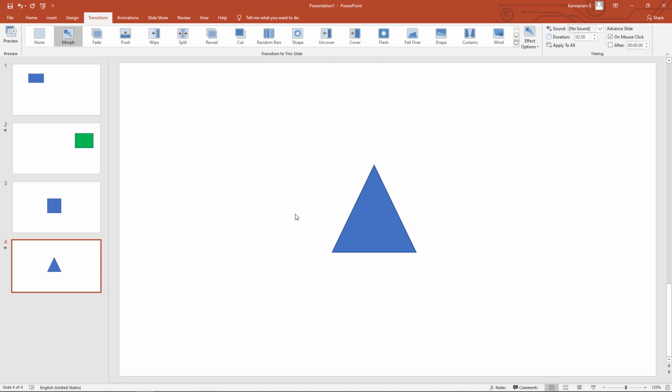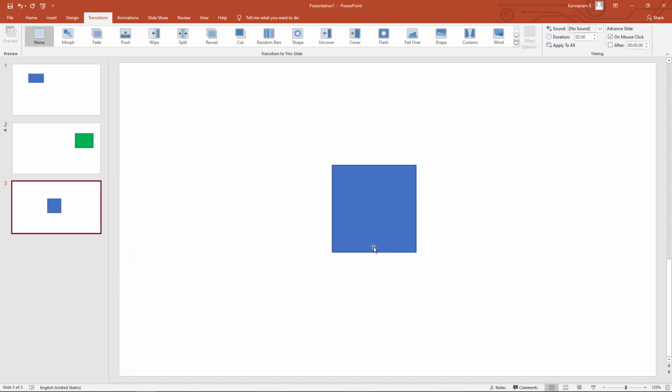Now the morph transition only fades out and fades in the object. This is not shape tweening. We can do this animation with the fade transition effect. So I delete this slide. Instead of replacing the objects, I make a change to the object itself. Now I delete the slide and object. Some advanced technique. With the help of an advanced technique, we create a shape tweening effect.